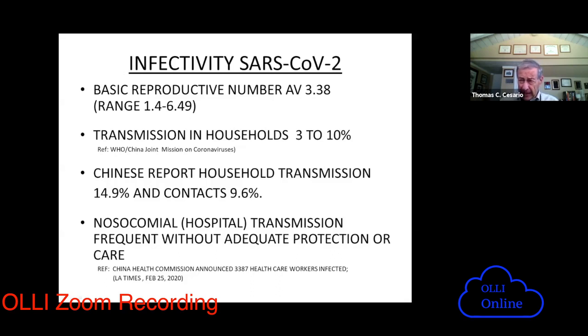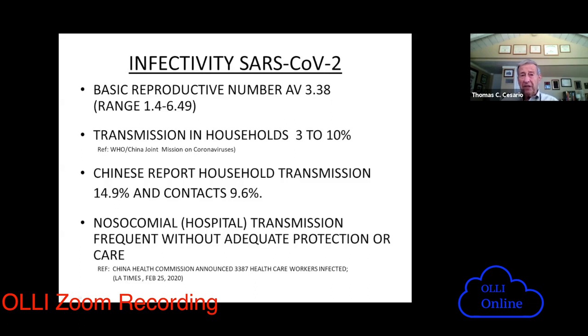But think of that as a chain. One person affects 2.5 people. Those 2.5 affect another 2.5, and it keeps going like that. So it's a big cycle. So one person can actually end up infecting indirectly a lot of other people. So if you live in a house with somebody who's infected, which should be the greatest chance of exposure, what's the chance you're going to get infected? And generally it's in the range of 10 to 15%. But I point out that we determine that by measuring active or remnants of the virus in your system. So if you do that test too early or too late, you will miss it.